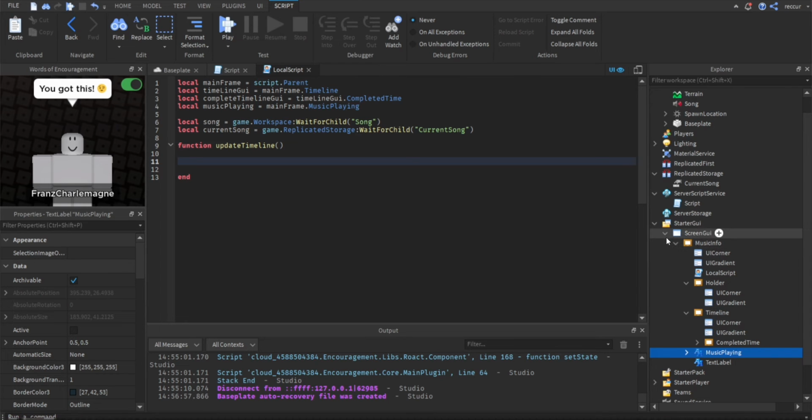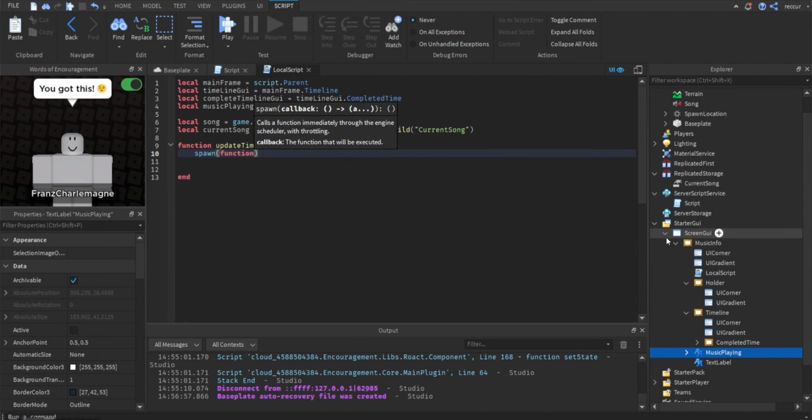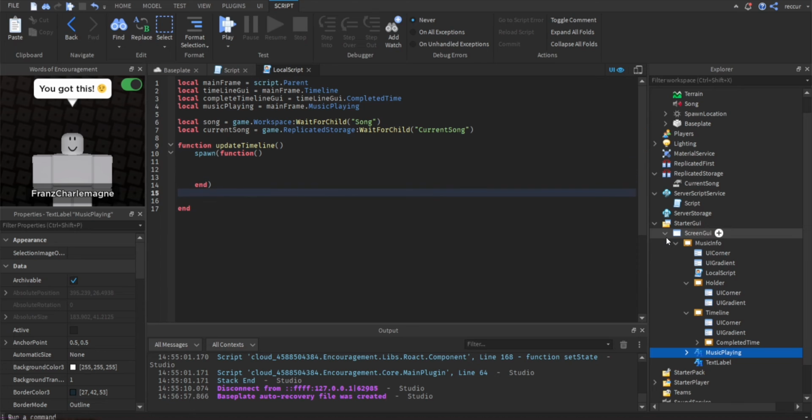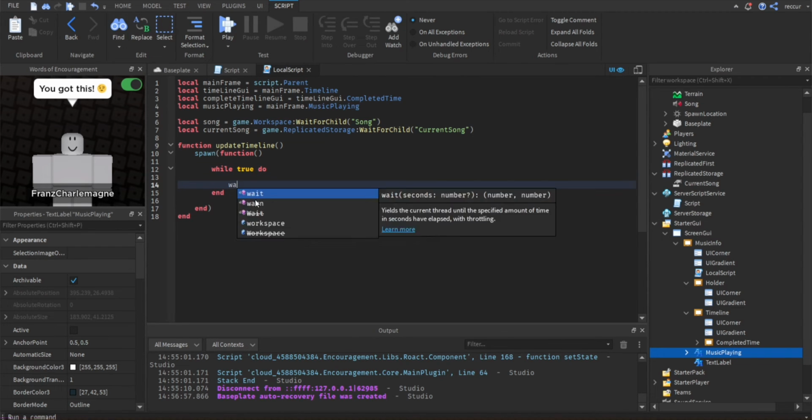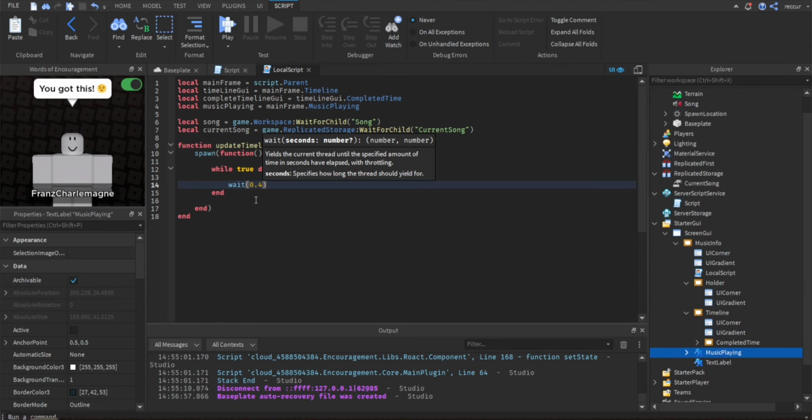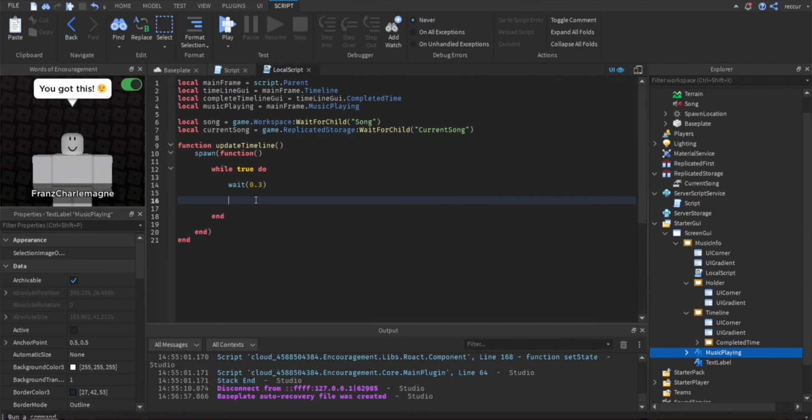Okay, let's do again task.spawn function. Because we do need a loop. We do need a while loop. So when we use a while loop, we also want to make other things function. So this is just one part. We also want to change the text too. So we want the while loop to run at the same time as the other stuff we want. Okay, so while true do, and then let's do wait 0.3, whatever,